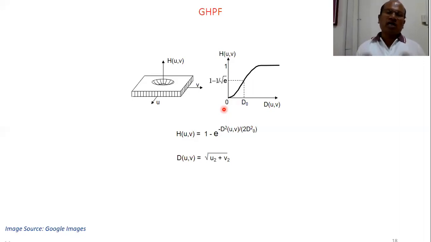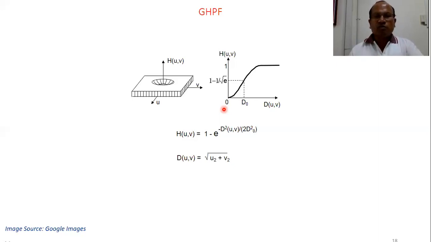Then we discussed the high pass filter. The high pass filter's operation is just the reverse, or inverse, of the low pass. In low pass, we say that the signal is smoothened. So the signal is sharpened here in the case of high pass filter, where in the output of the high pass filter, we can see that the boundaries, the edges, and the similar high frequency contents predominantly appear. Then we discussed the frequency response and the cross sectional view of the ideal high pass filter and Gaussian high pass filter.